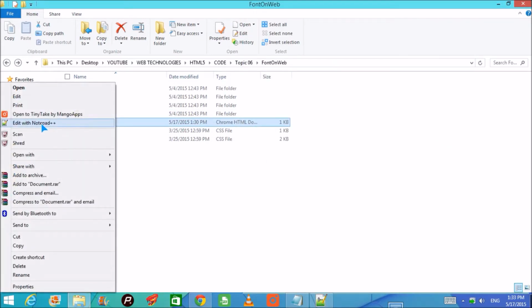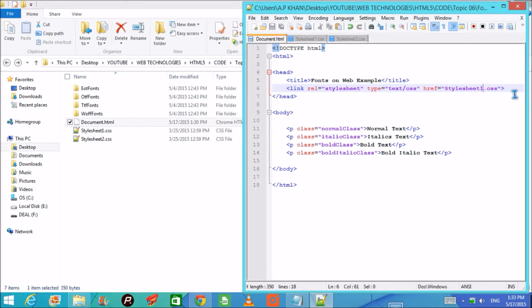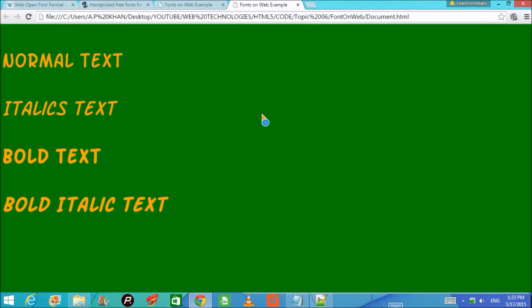Let me just do Control S and run it in Chrome. So there is no change. This is normal, this is italic, this is bold text, and this is bold italic text. So I hope you have the idea of fonts, what is WOFF, why we are using WOFF. Now you have to use WOFF only, but we also have to see that it is backward compatible with the fonts which are available, because some may have this font, some may not have that font. So to have a good business, your web page should cater to all the fonts which are available. So thank you so much. Take care. Hope you have the idea of font handling in HTML5.